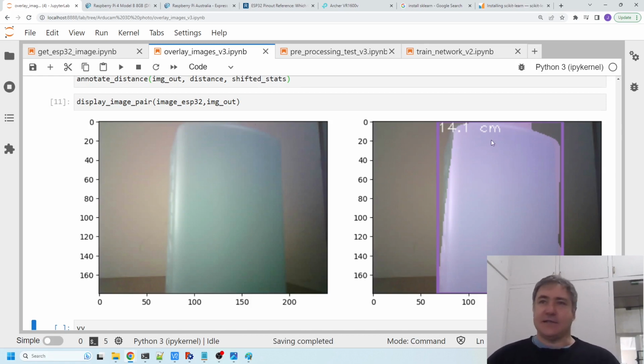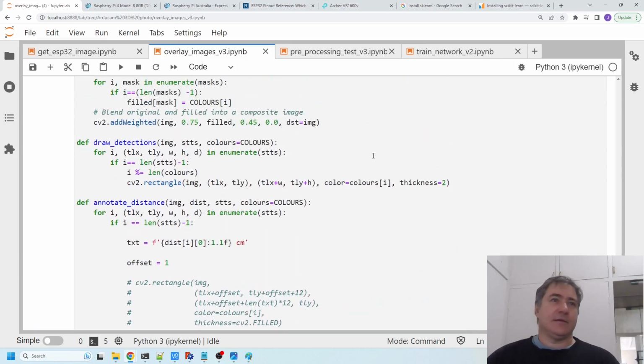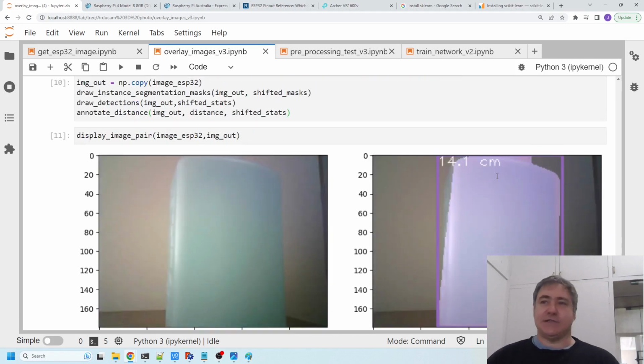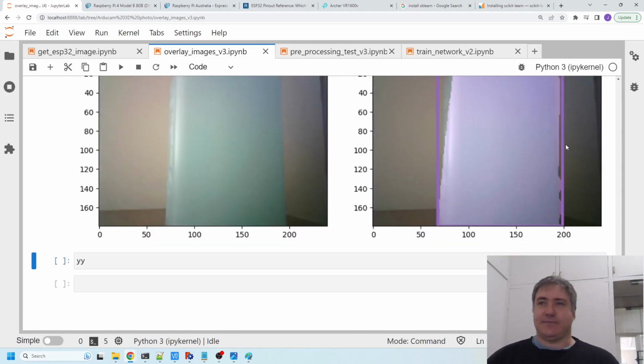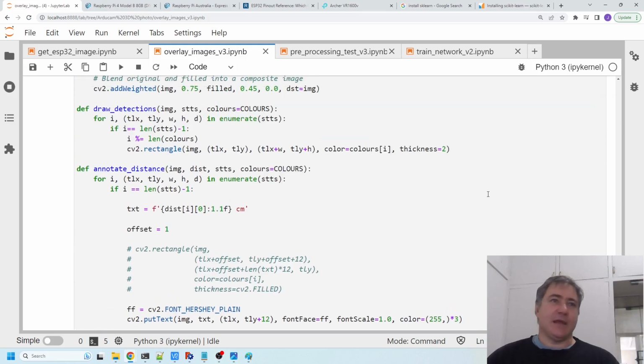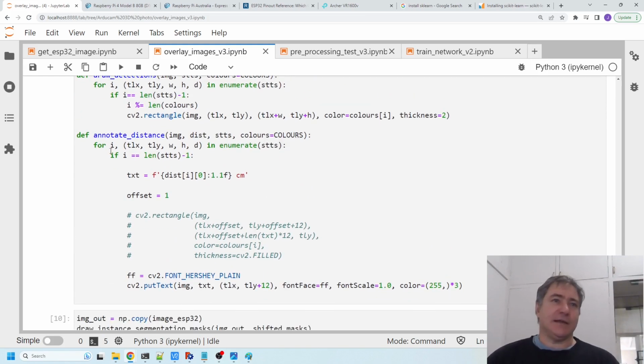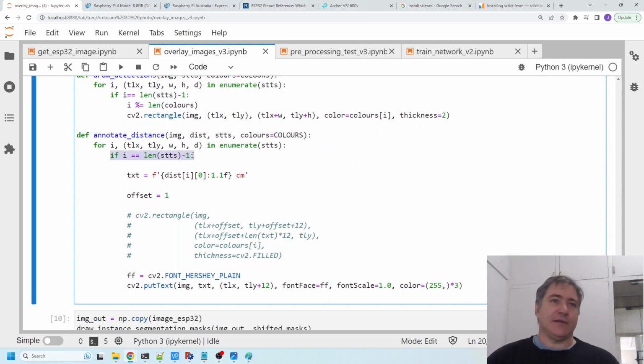The annotate distance puts the 14.1 centimeters, which is how far away it is, and the draw detections draws this box around it. I've only drawn it for the closest one, so basically only if i is the last one in the list,